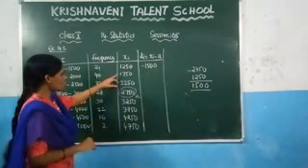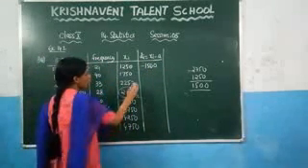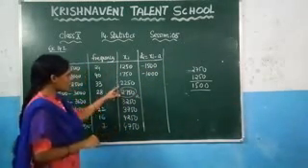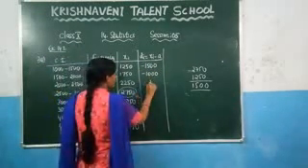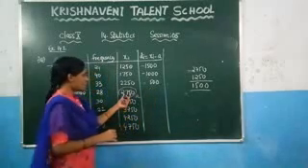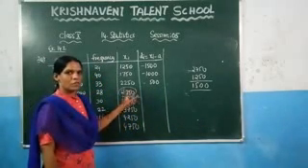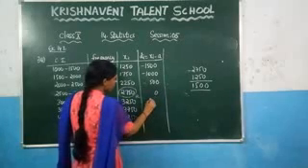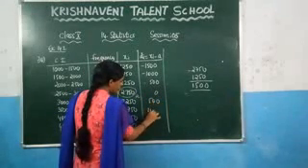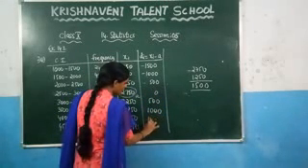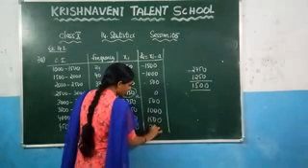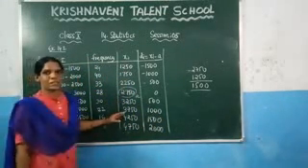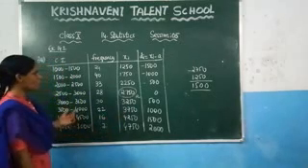Similarly, subtract these two values. So what will you get? You will get minus 1000, and after that subtract these values. You will get minus 500, and at this stage you need to subtract this value from this value itself. So you will get here 0, and after that you will get 500, and next 1000, and after that 1500, and after that 2000. How have I written this directly without doing this subtraction? Let us check here. There is a small shortcut here.